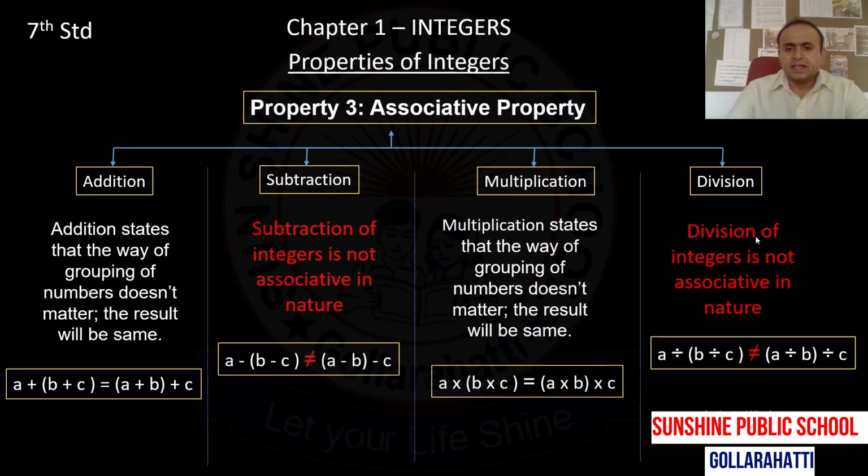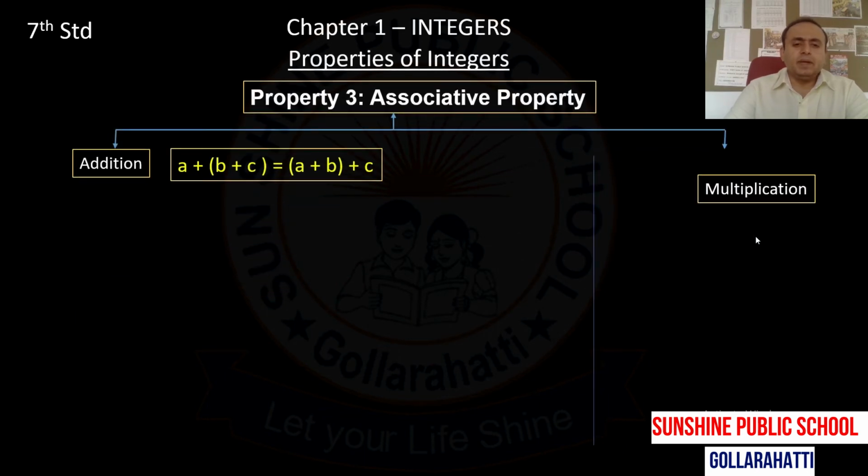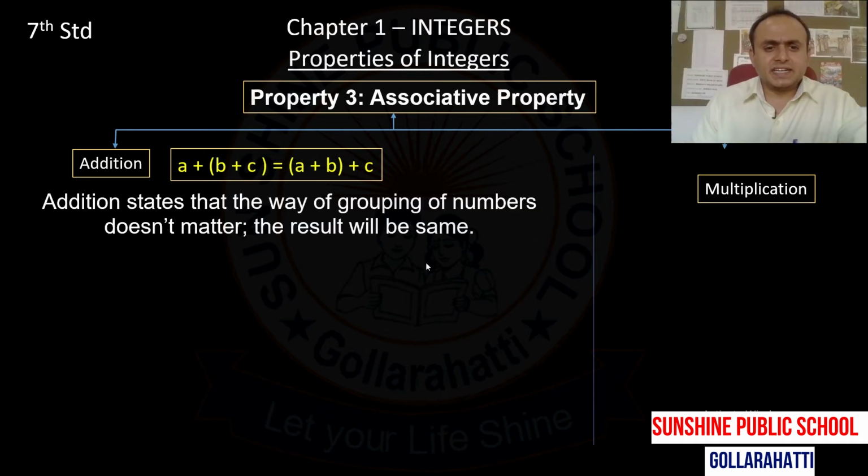ಓಕೆ, let us see this under addition and multiplication, ನಾವು detail ಆಗಿ ನೋಡೋಣ. In addition, A plus B plus C is equal to A plus B plus C. Addition states that the way of grouping of numbers doesn't matter. The result will be same. ಅಂದ್ರೆ ಅರ್ಥ, ಈ ಮೂರು numbers ಇದೆ, ನೀವು ಯಾವುದೇ number group ಮಾಡಿದ್ರು ಕೂಡ ನಿಮಗೆ result same ಬರುತ್ತೆ. So first ಇಲ್ಲಿ B plus C ನ group ಮಾಡಿದೀವಿ, ಇಲ್ಲಿ A plus B ನ group ಮಾಡಿದೀವಿ, but the result will